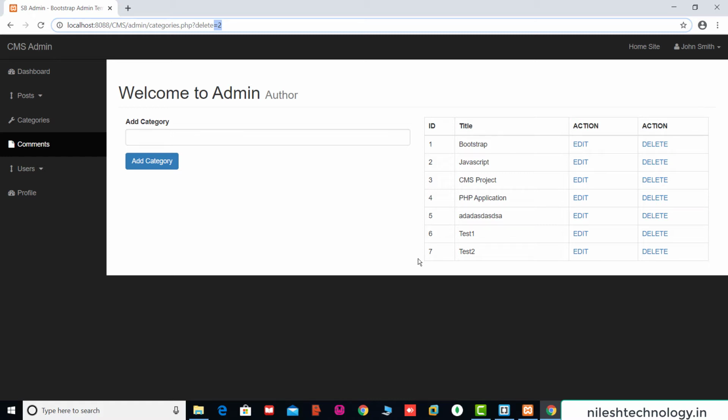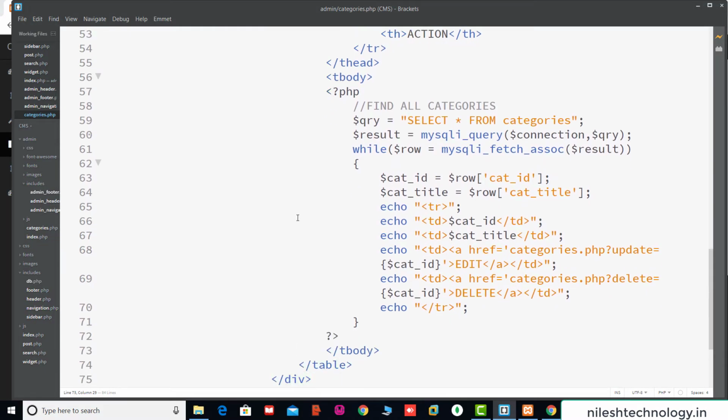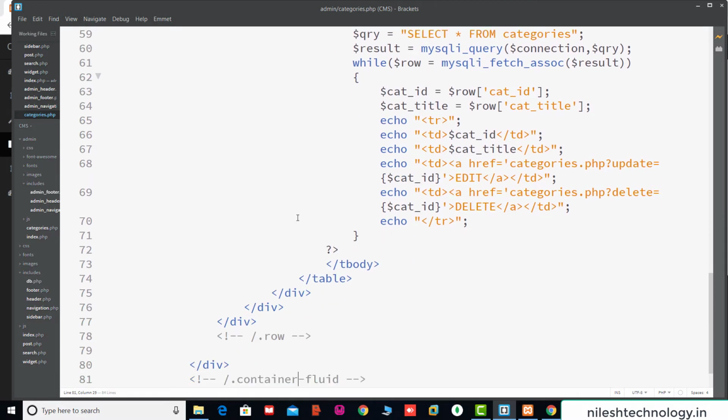So first we will see how to delete this category. So again, going to this Brackets editor. So after closing this table, here we add one more script, and this is the delete category.